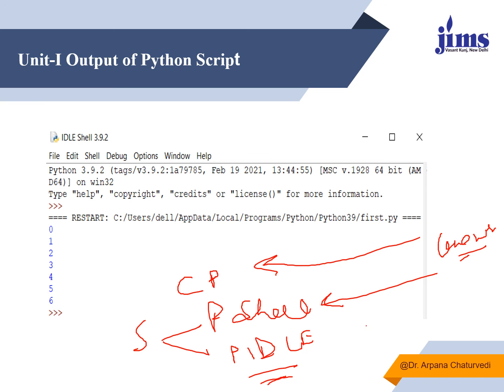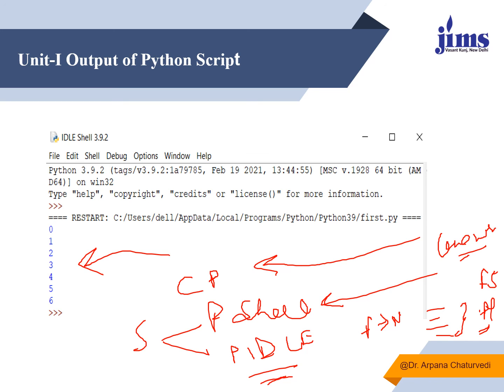There you can go to File, then New, and the editor window opens. There you can write all the statements together and save the file with a .py extension. To run the file, you have to press F5. F5 is the shortcut. Otherwise, there is a Run option also, and you can run from there. You can see the output over here.